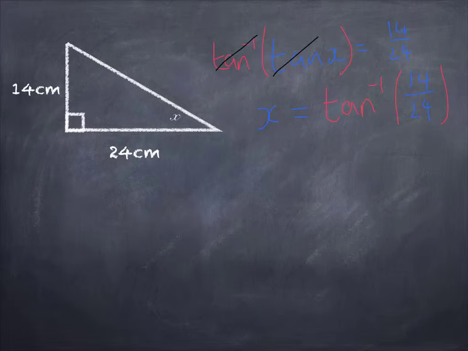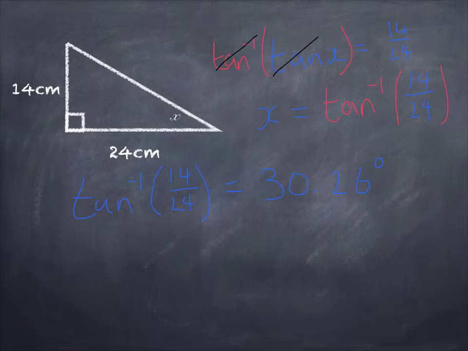Nothing to cancel on this side, so this is what we put in our calculator. In our calculator we enter tan^-1 of 14 on 24. Remembering, of course, a calculator has to be in degrees, and if you're looking for the -1 thing, it'll most likely be the second function of the regular tan button. Put that in a calculator, it gives us the answer of 30.26